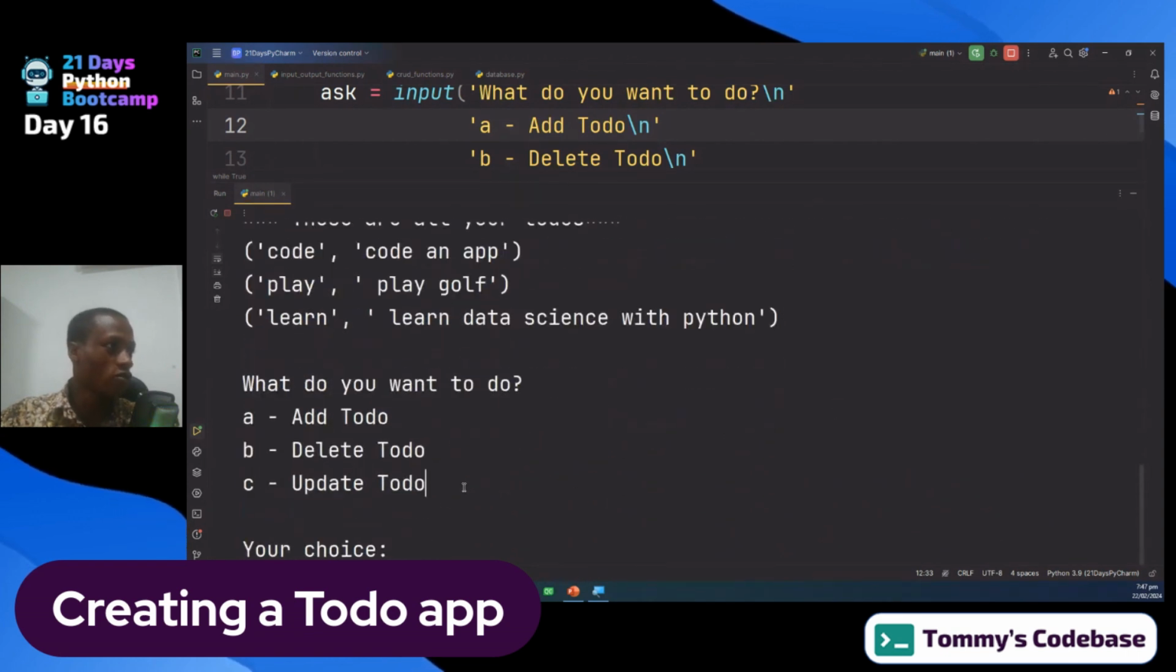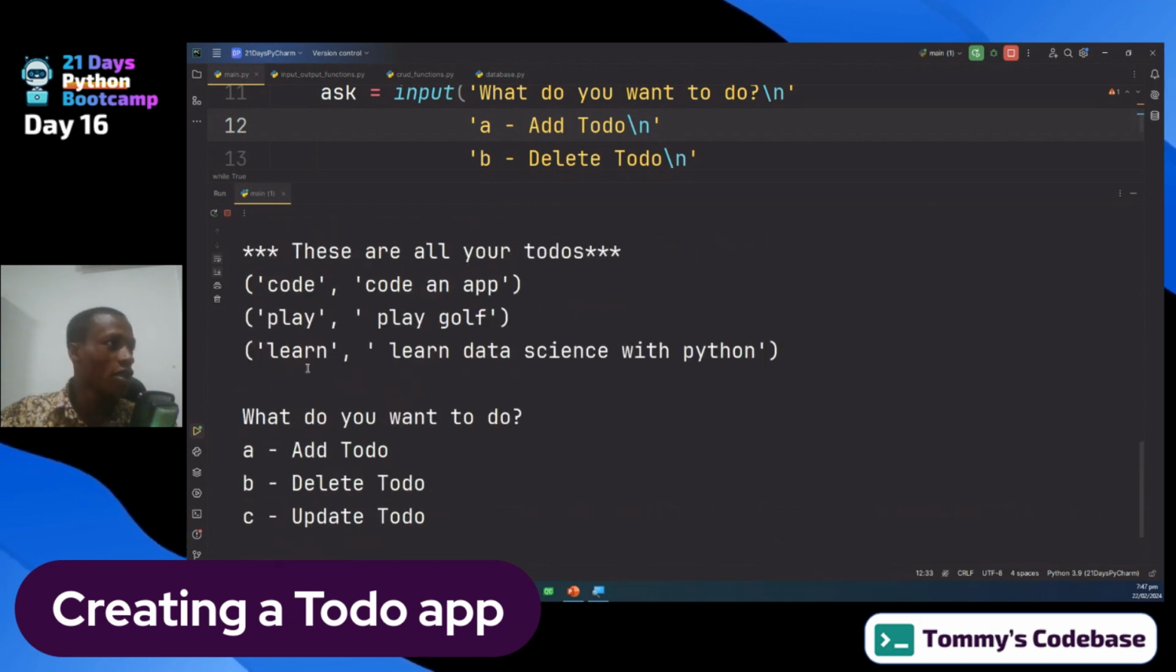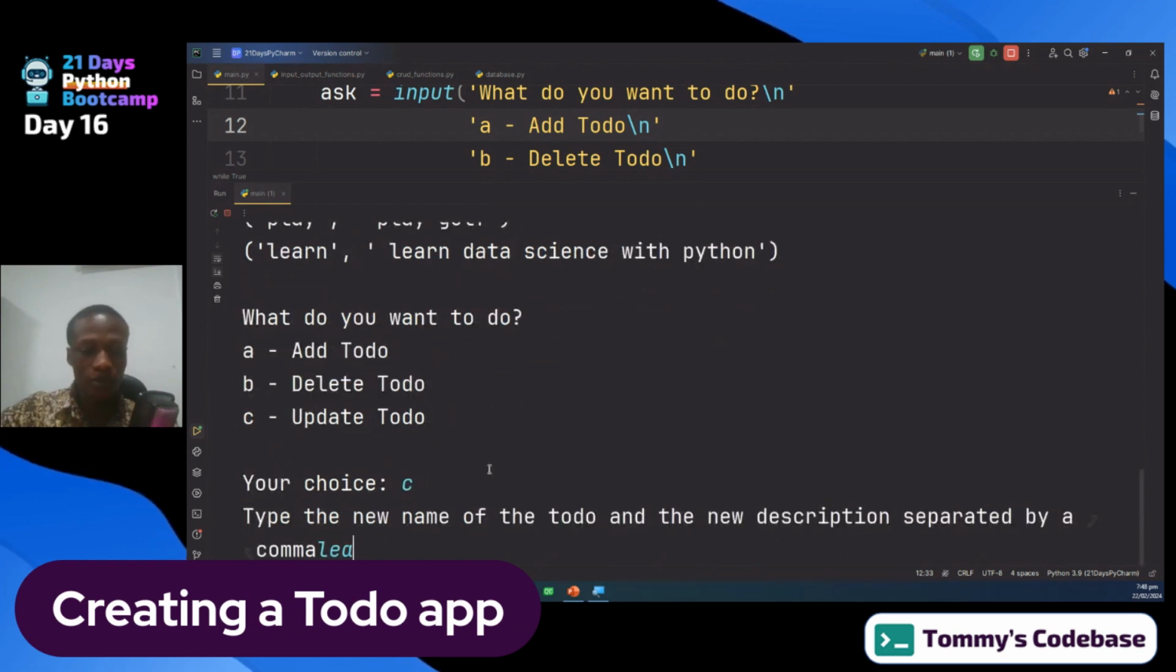Now, what do I want to do? I want to update a to do. So I go C, and then now you see that it says type the new name of the to do. So I didn't style out that one well, but just bear with me. So I want to update the learn. So I will type learn, and the comma is learn